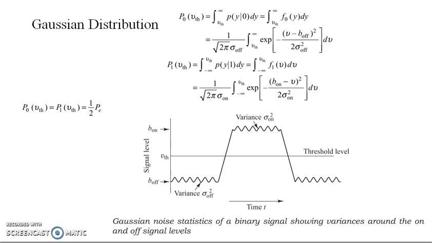Okay, so we can say that when the probability of 0 and 1 is the same, then we can find the probability of error as having the value of half. Earlier we have seen the variance, so we can have the variance for the zeros and 1 for the given voltage levels B on and B off for your data.